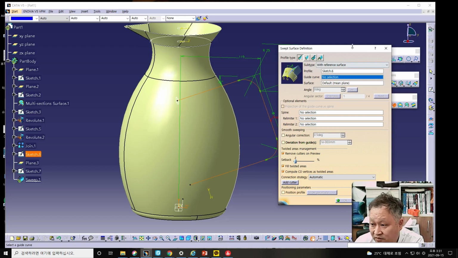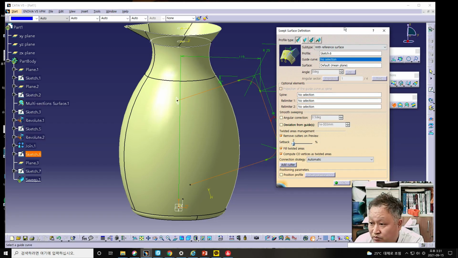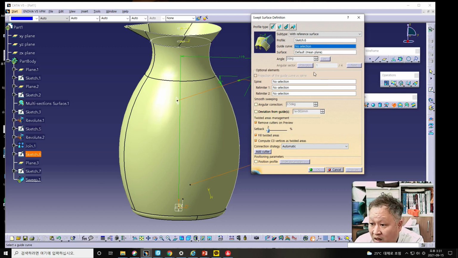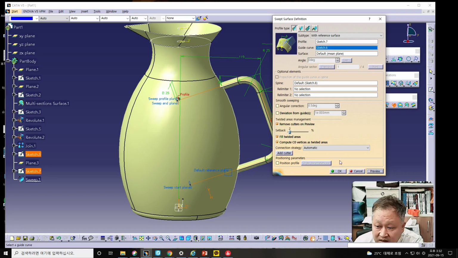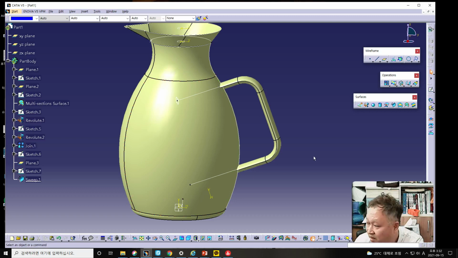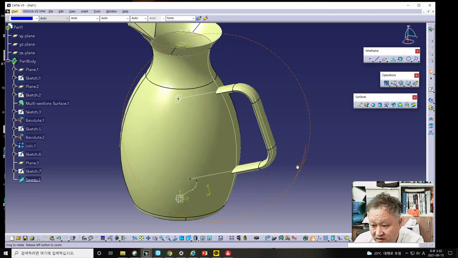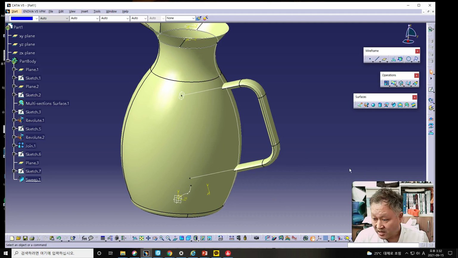And if you click preview in this case, the guide curve should be here, and the profile should be this one. And if you click preview, then the new handle can be made from this one. This is the vessel handle in this practice, and select the trim toolbar from operation,